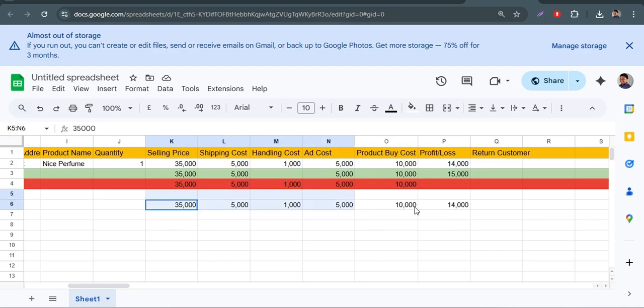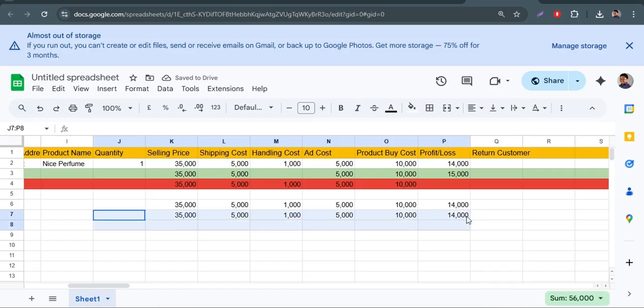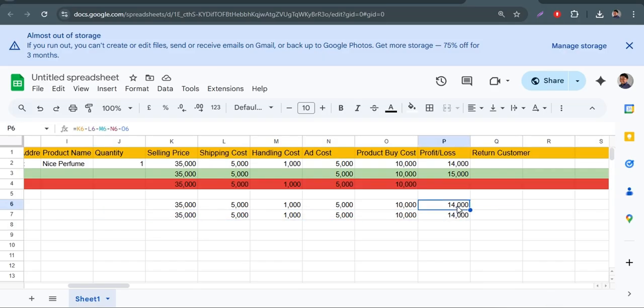So let's assume you have multiple orders here. These orders that you have here, let me copy this and add it to the bottom here. Okay, so let's assume that you have this now. Let's just say you have these two. Now I'm going to remove this one and this one here. So you want to calculate